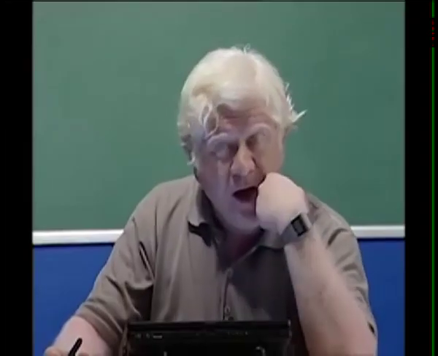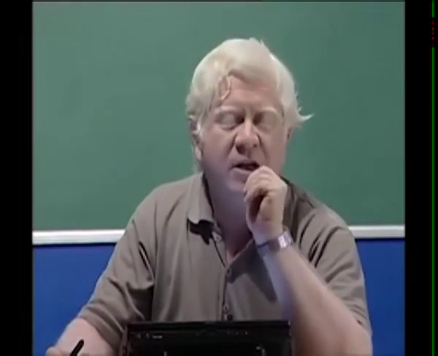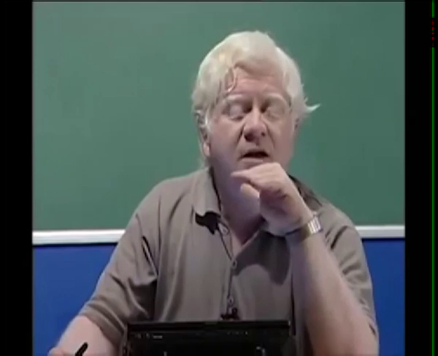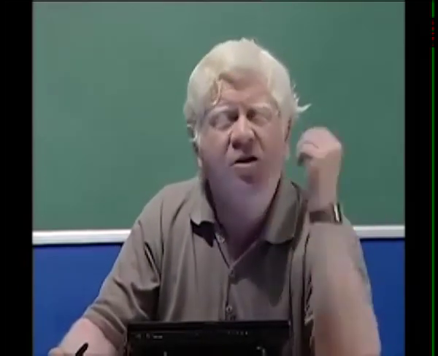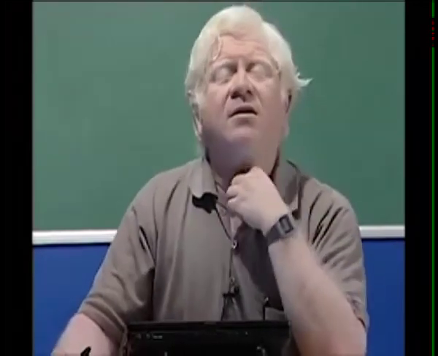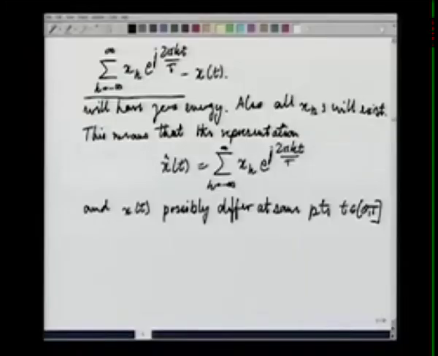For case 2, we are considering any x t which has finite power without imposing any further constraint on x t itself. For example, x t could be a square wave, which is certainly not a continuous signal, but it still can have finite power. In fact, a normal square wave has finite power, and therefore, it is amenable to a Fourier series representation. However, it is said that the representation will not match the signal probably at all points, but its